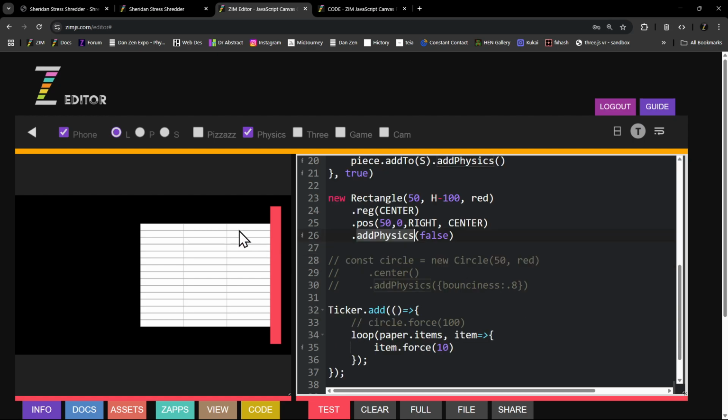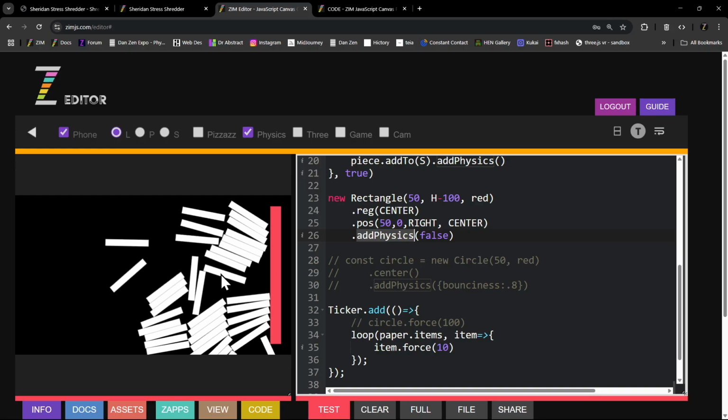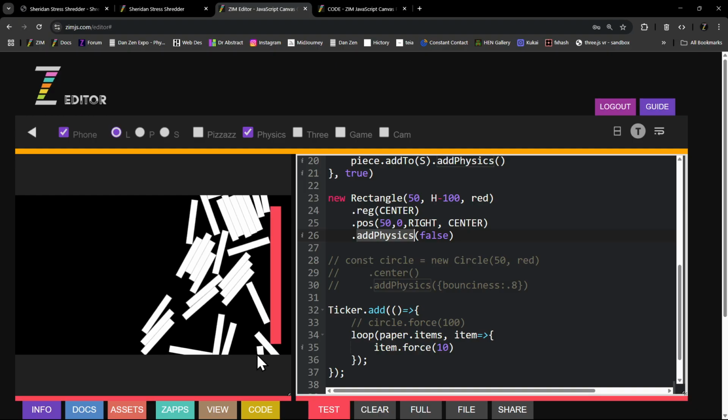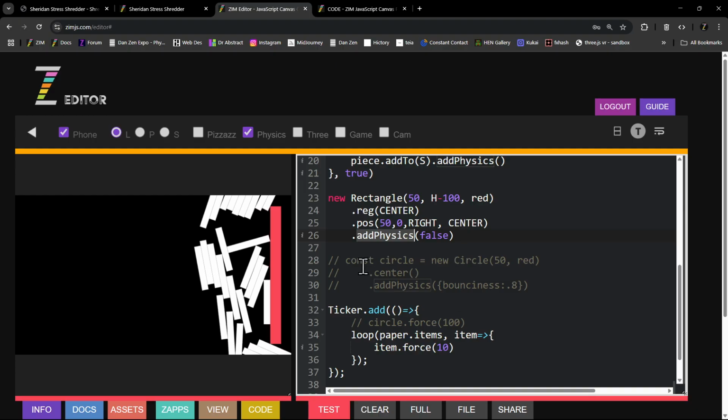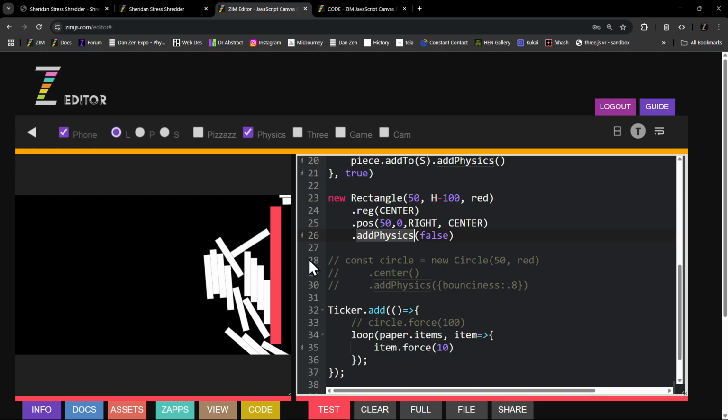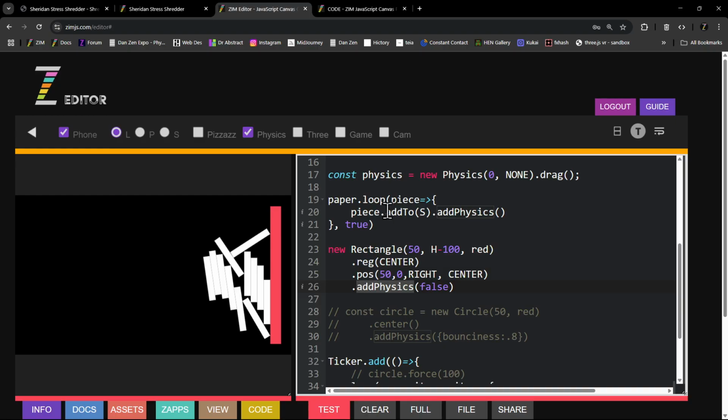One thing I wanted to do, though, is make sure that right now these things all hit one another still. You see that? And we're wanting to make those not hit one another, yet still hit the wall. So the way that's done is, here's all of our pieces. We set the maskBits